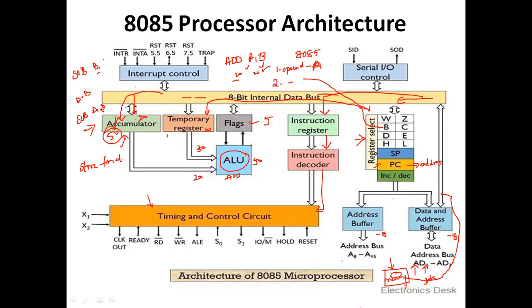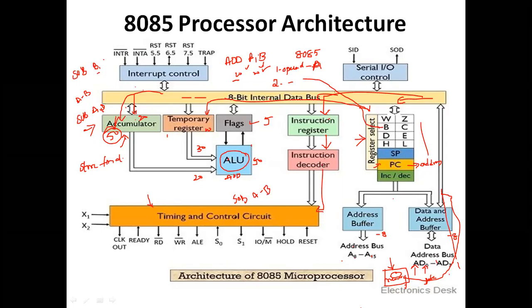And then the address to be fetched is going to be given on the address bus. The CPU is going to fetch from the memory. The data will be placed on the data bus, and then the data is sent to the instruction register. After the instruction register, it is going to send to the decoder. The decoder will decode it as SUB B, A minus B.